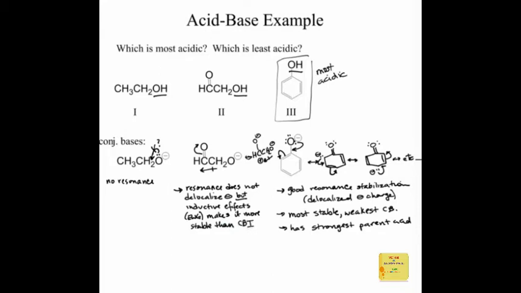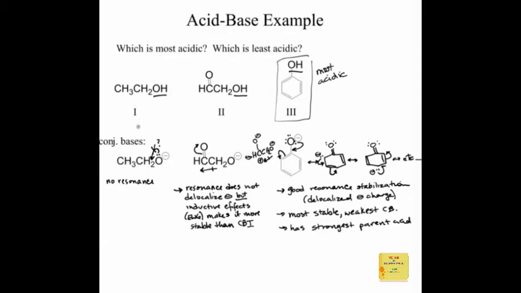So even though this resonance doesn't help move the negative charge from the oxygen, it helps pull some of that electron density away inductively. So the fact that we have an electron withdrawing group, much like we saw the fluorine doing, means that this is going to be the second most acidic compound, and then compound 1 is